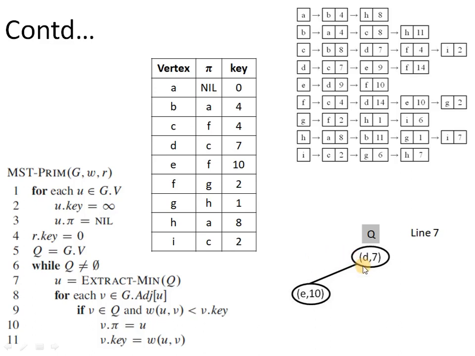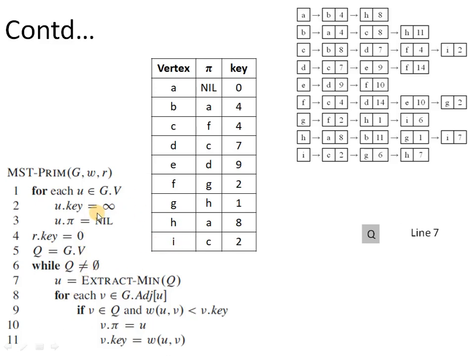Next extract min operation will delete D from the heap. So we have to scan the linked list corresponding to vertex D. It has C, E and F. So out of these three, we have only E, which is present in the minimum priority queue, and its weight value comes out to be 9, and the previous weight value comes out to be 10. So this 10 will be replaced with 9, and pi corresponding to E will be updated to D. And after this, the last extract min operation will extract E, and now the linked list corresponding to E has two vertices, but the priority queue is empty now. So no update will take place, and with this, the while loop finishes its execution.